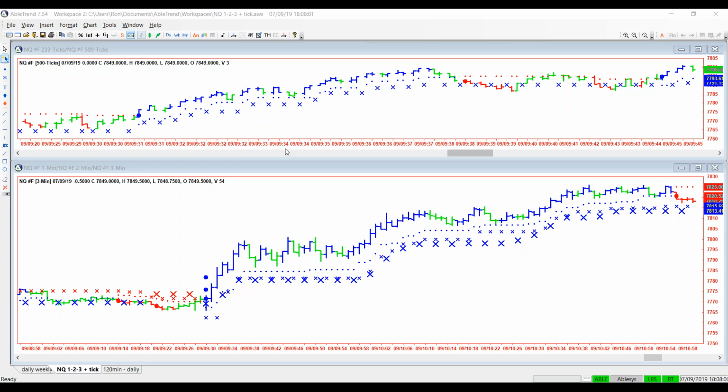Our favorite market to trade is the mini NASDAQ, as you can see right here. Beautiful start to the day today. Wow, it was fun. Right at the open, we had a long signal. Blue bar, blue dot, blue X. Now, it went fast, so you had to really be quick. It wasn't an easy one to pick up. But serious Abletrend traders who robotically make the trades